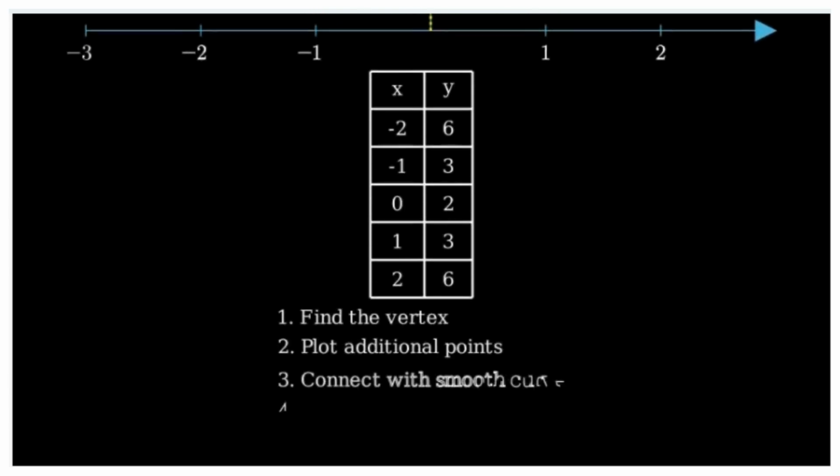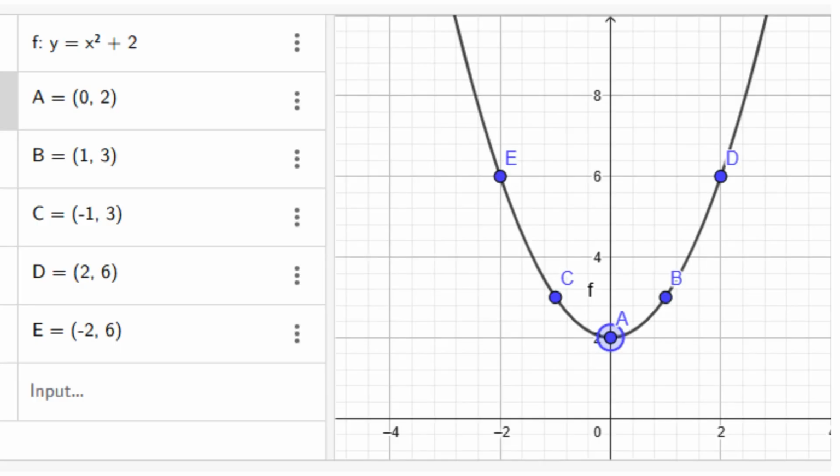To summarize, we've graphed y equals x squared plus 2 by finding the vertex, plotting additional points, and connecting them with a smooth curve. The plus 2 in our equation shifted the basic parabola up 2 units,